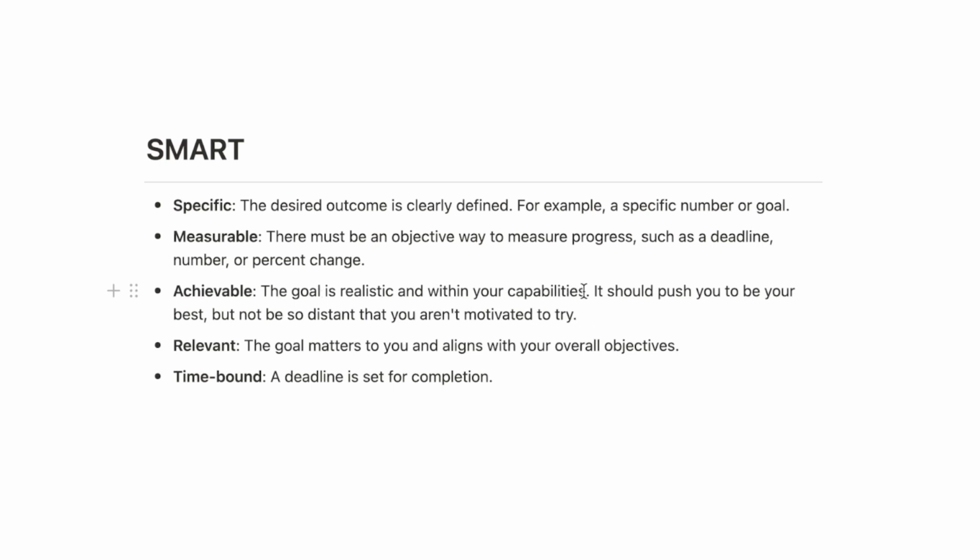actually within your capability. So there's no point trying to say you want to save $100,000 if you just know that you physically cannot save that much as your salary or your income isn't high enough. So it should push you to be your best, but it shouldn't be so distant that you aren't even motivated